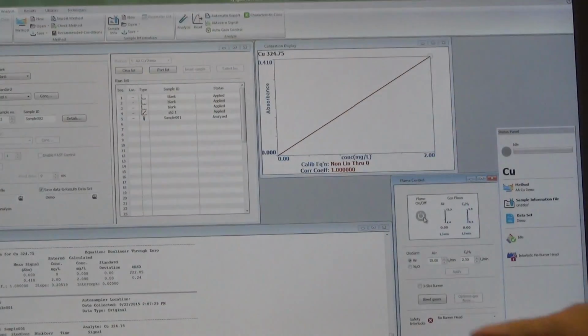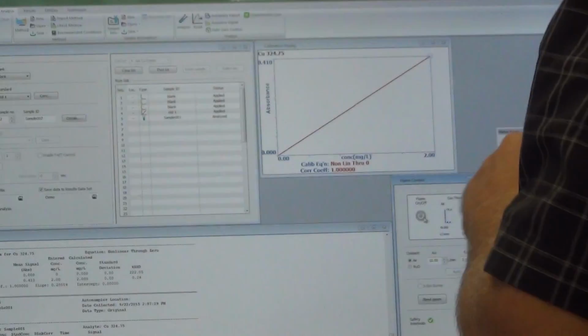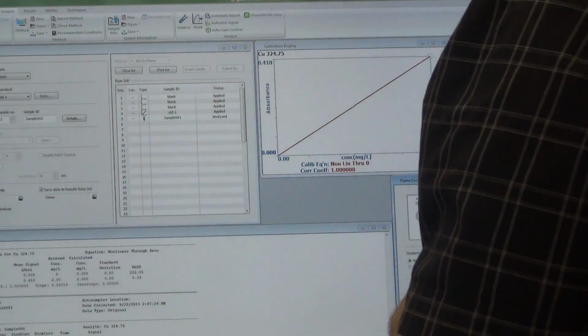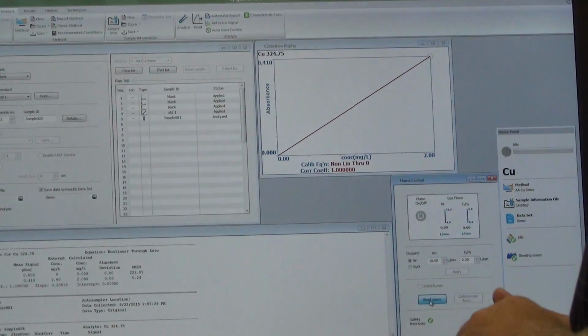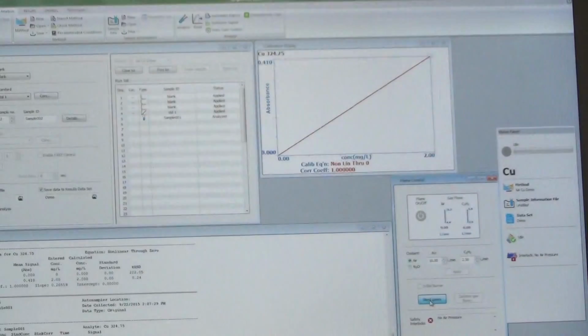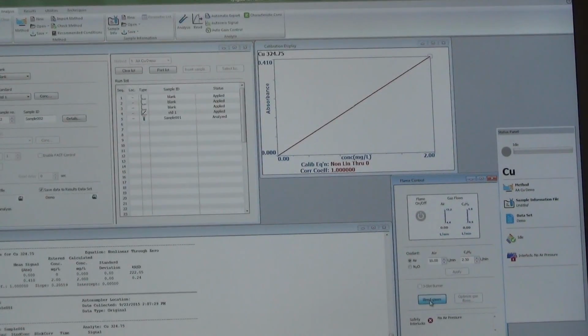Clear the burn head interlock. And it'll change. I want to bleed the gases so hopefully the nitrous oxide bleeds into it. Go out for us. Now, I didn't open up the purge, but while that's bleeding, it always says no air pressure, no fuel pressure,